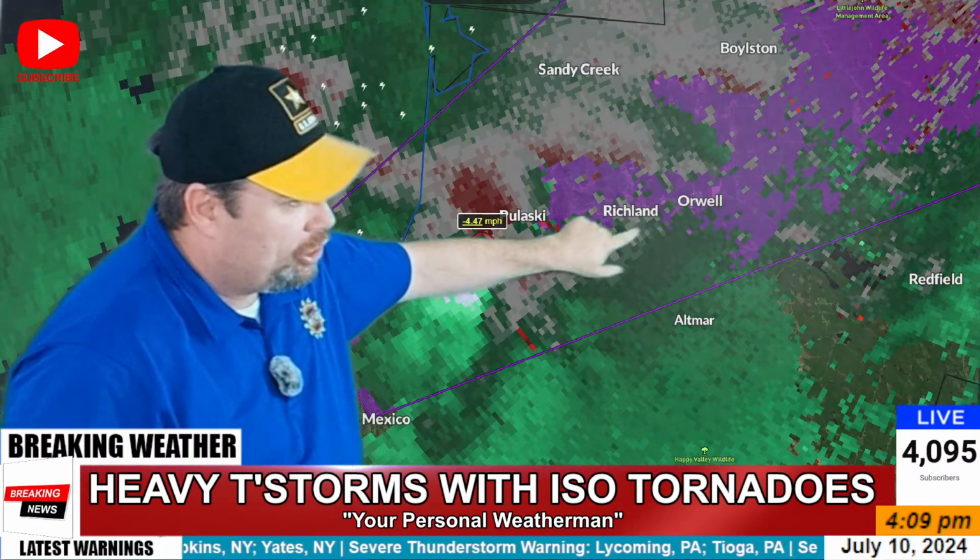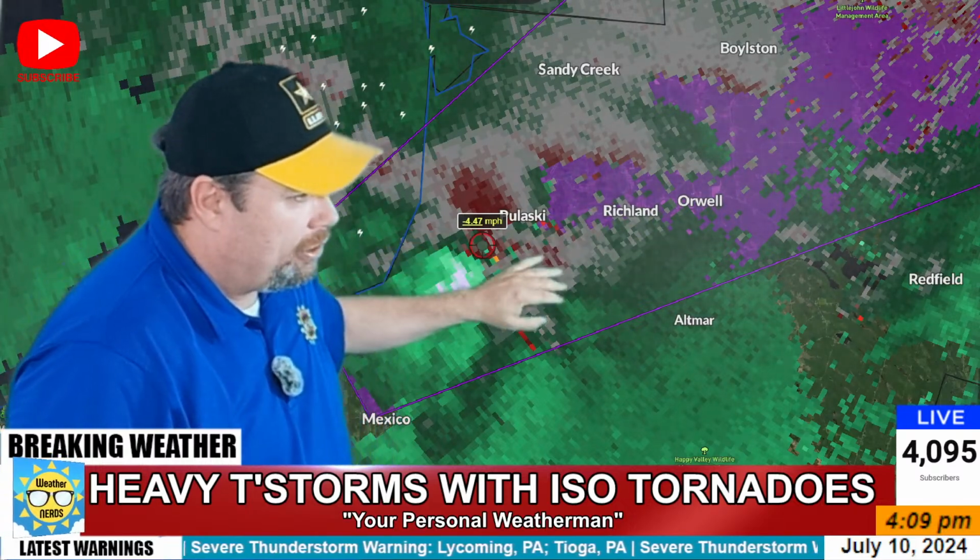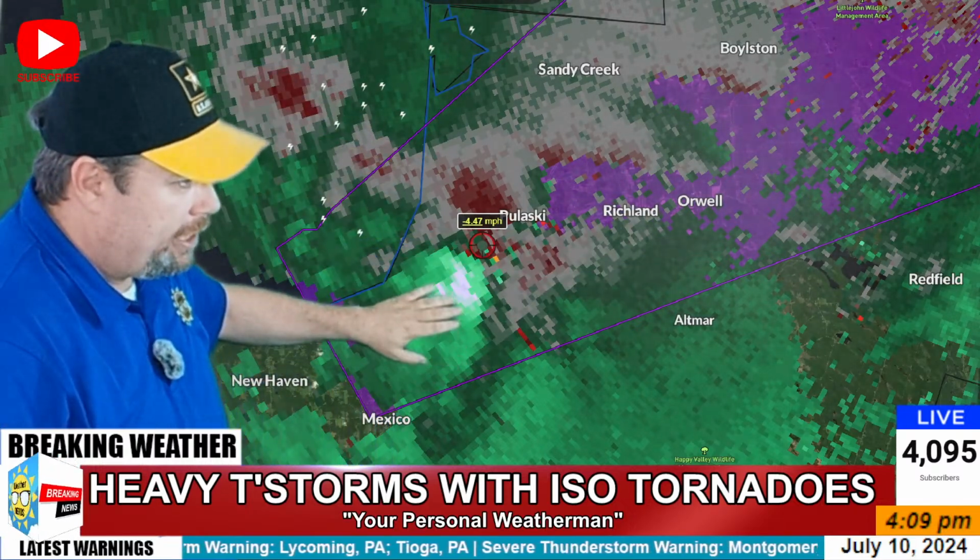So Pulaski, Richland, Orwell, anywhere in the path right in this general area, these two communities here, hopefully they're heeding the warnings,